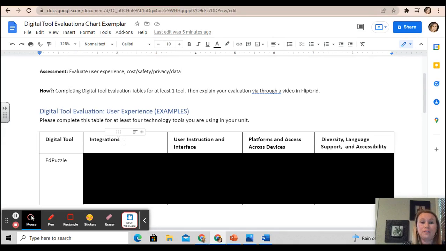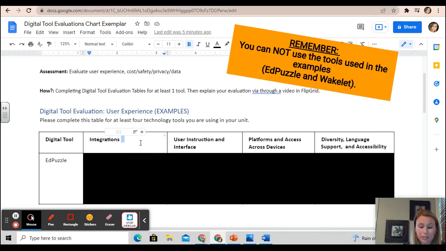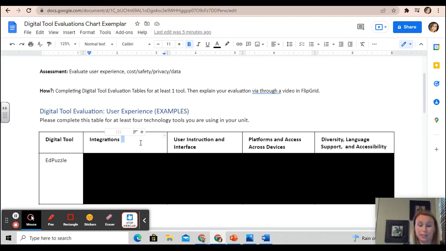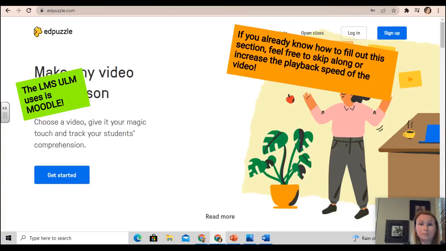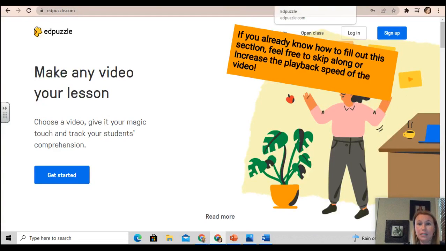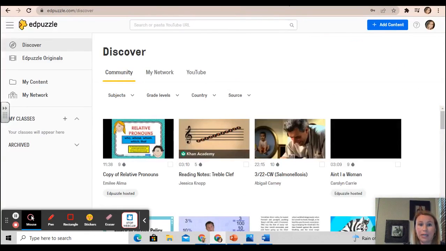So the first piece of this chart is integrations. And when I'm thinking about integration, just in summary, I'm asking myself, does it connect directly or sync with the LMS? Okay, so for Edpuzzle, what I did was I looked directly at my Edpuzzle